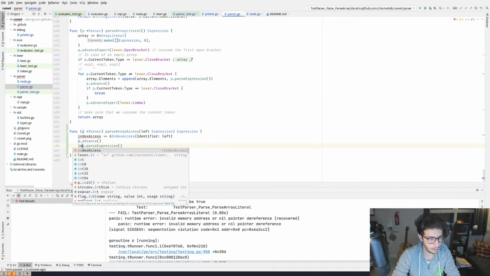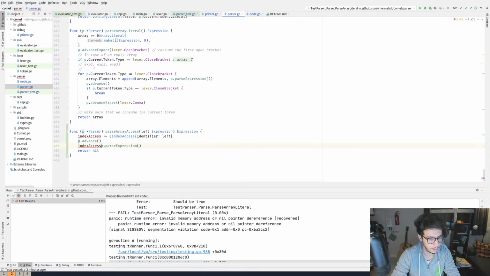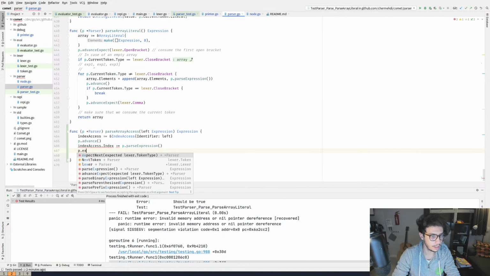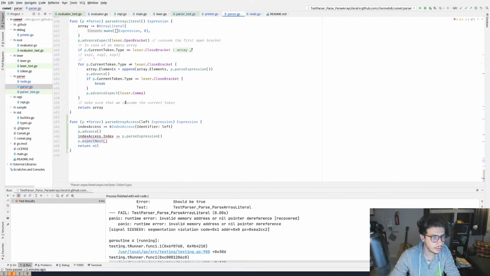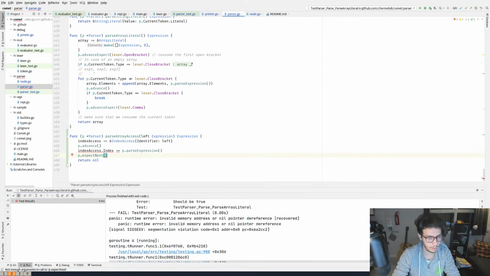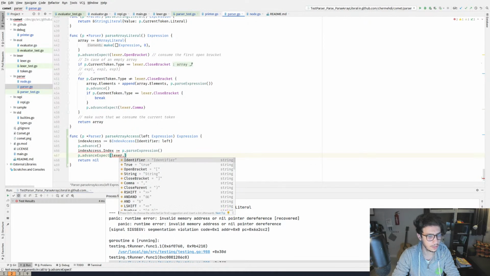This should be the index access dot index and p dot advance and expect next. I'm not sure. The next token, right? So advance and expect. But the next token is elixir dot close bracket.